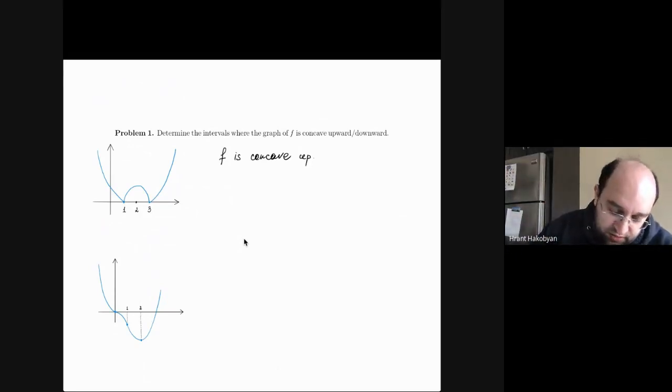From this picture, we see that this graph is bending up in this interval and this interval. So that's where the function is concave up. That means the intervals from negative infinity to 1 and from 3 to positive infinity, and f is concave down